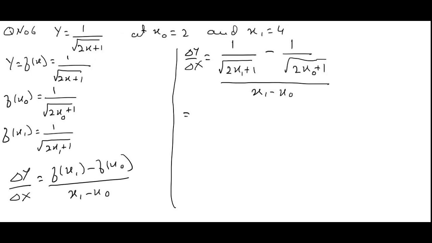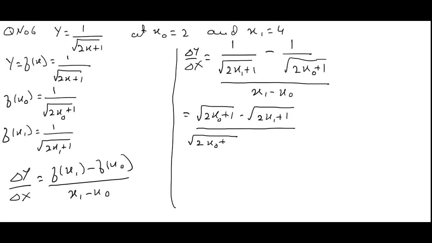Now taking the LCM, we get under root 2x0 plus 1 minus under root 2x1 plus 1 whole divided by under root 2x0 plus 1 and under root 2x1 plus 1, whole divided by